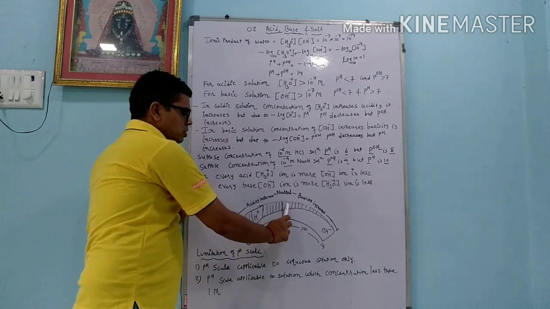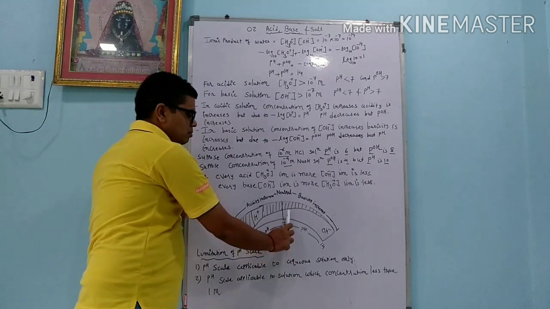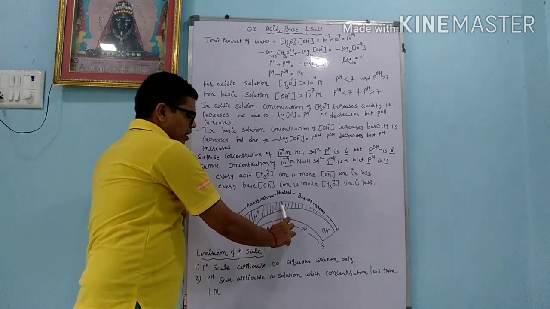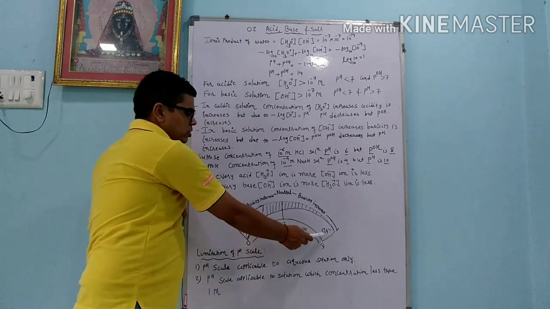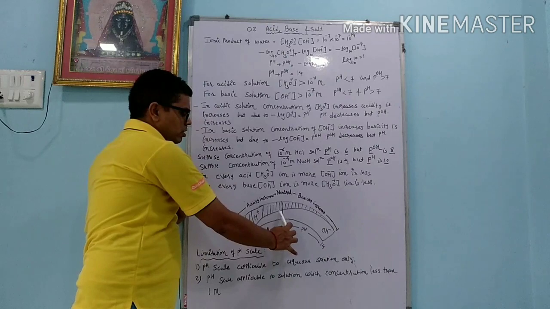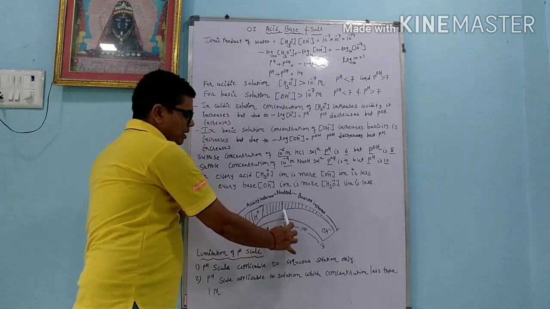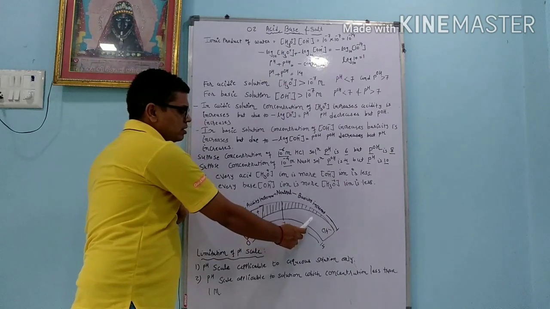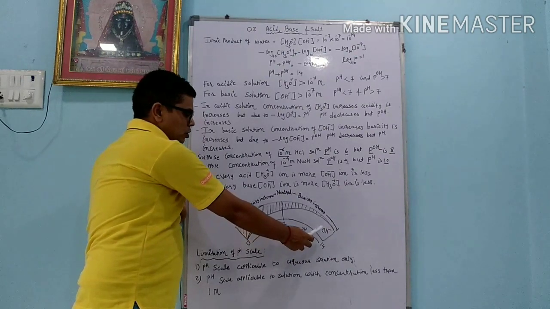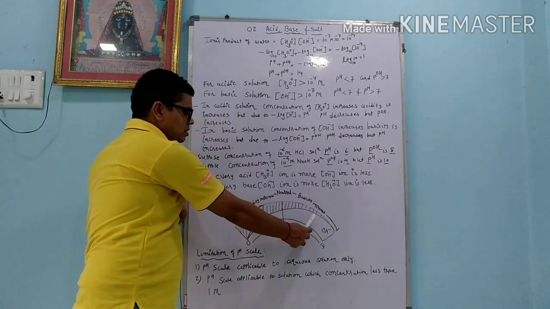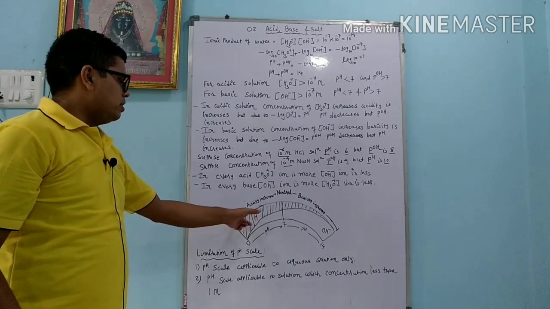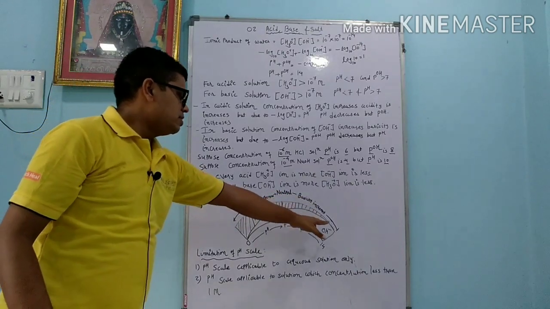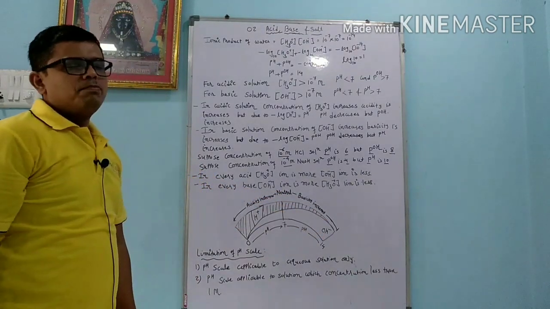As the concentration decreases, pH value increases, and as the concentration of H plus ion reaches 10 raised to minus 7 molar, means pH 7, the concentration of OH minus ion increases. As the value of pH becomes more and more, the concentration of OH minus ion becomes more and more. You can see on the pH scale that acidity increases, then neutral, then basicity increases.